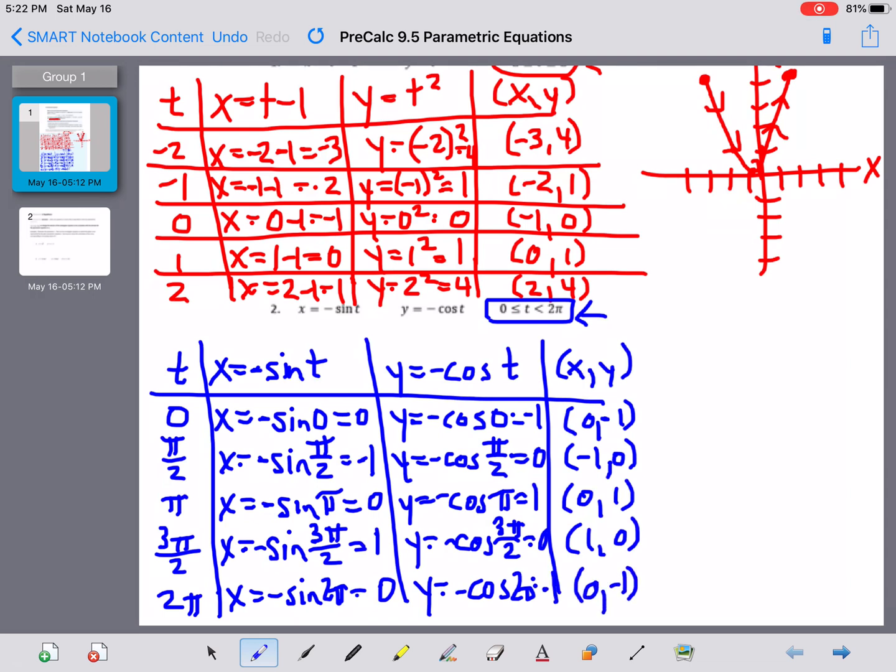Okay, so once again, remember I'm graphing this on an XY plane. And I'm going to be honest, it looks like I could make this 1, this negative 1, this 1, this negative 1. My first ordered pair starts at 0, negative 1, so 0, negative 1 down here on the bottom. Then I go to negative 1, 0. So just to note, I'm keeping track of where we're heading here. Then I go to 0, 1, which is on top, 1, 0 on the right, and finally end up back